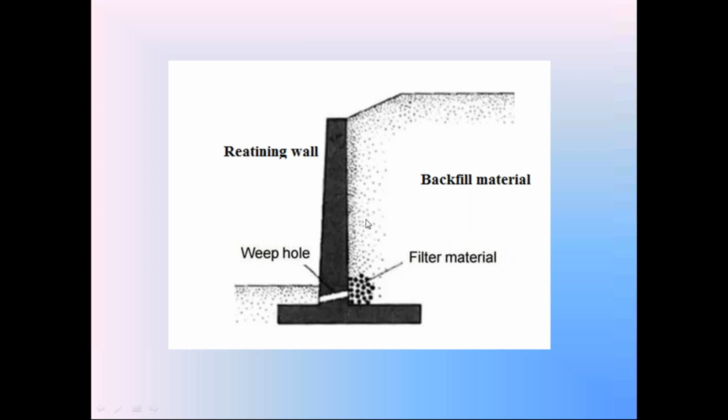Not only on the back side, in the front side also, this portion of soil applies horizontal earth pressure on the retaining wall. We are going to discuss how to calculate the magnitude of horizontal earth pressure acting on the retaining wall from this backfill material. So that is the main concept in Unit 3. So please go through this diagram.